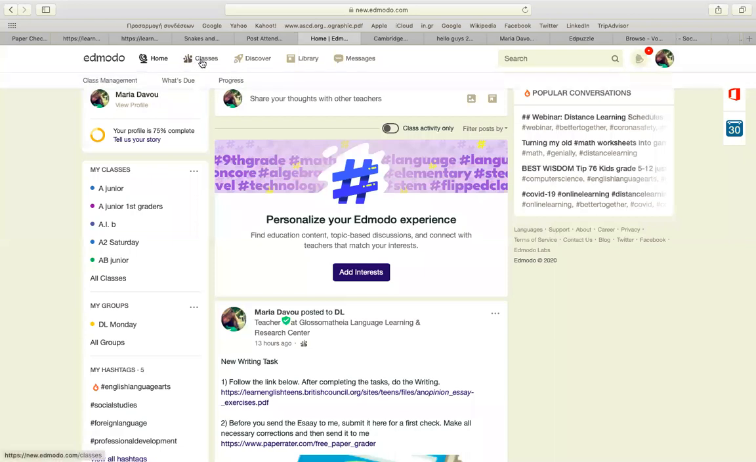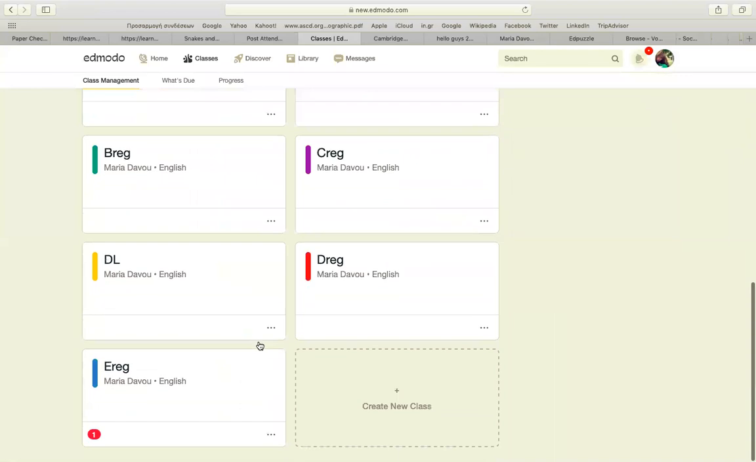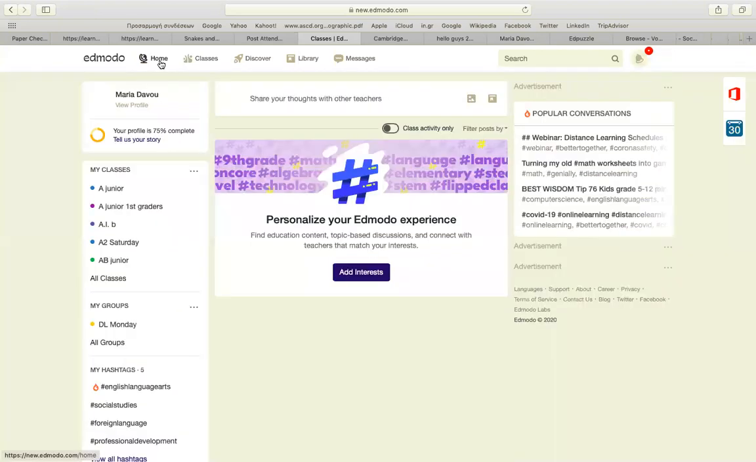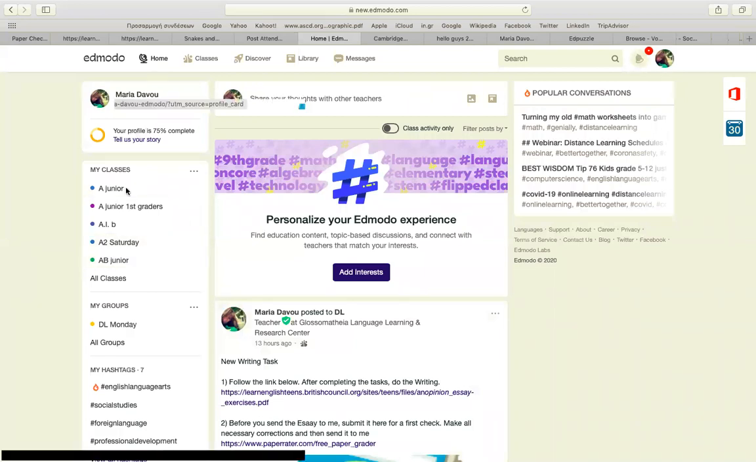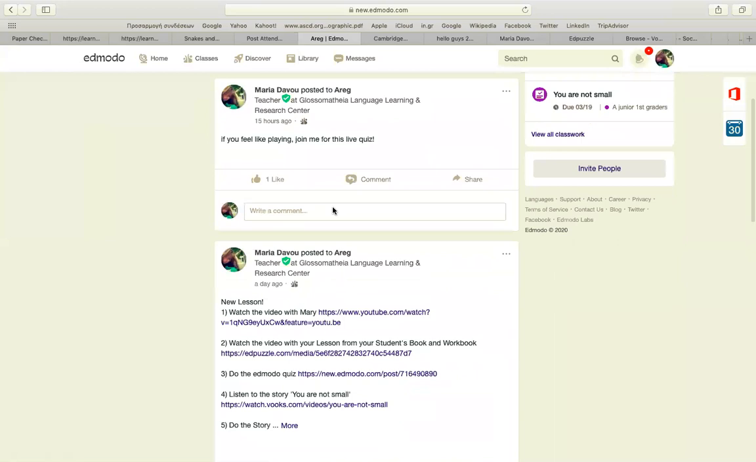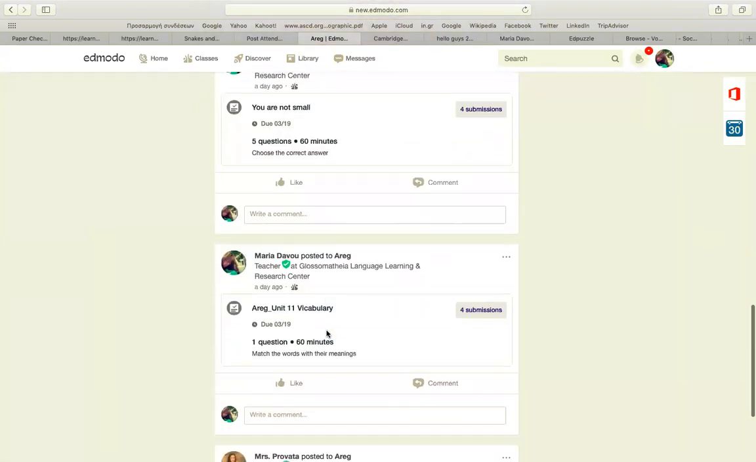So here you can see the progress for all your classes. So I can go to any class and see how they have progressed. And going back to my A senior, this was the homework this time. The previous time,